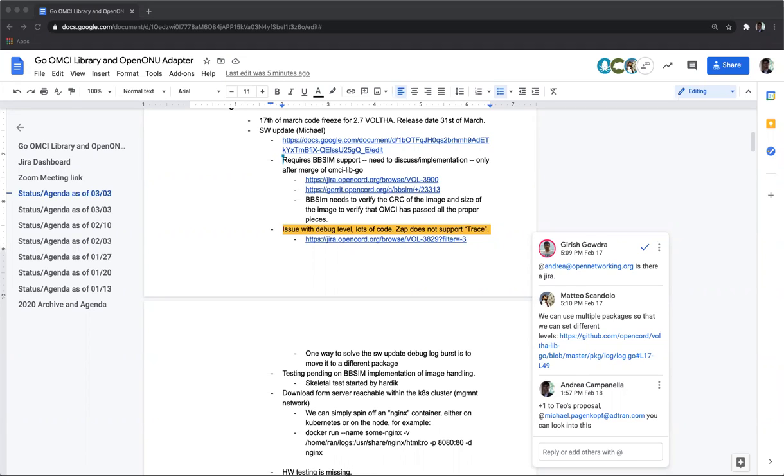In the ONU adapter implementation, there's still not such a thing. But I showed in the presentation last week that there is a specific constant definition for that, but it is not yet enabled because I didn't want to make any assumption about download timers when I still don't know what kind of images we really download.